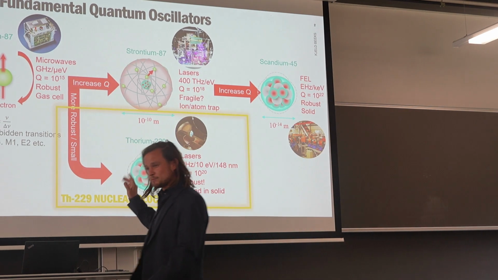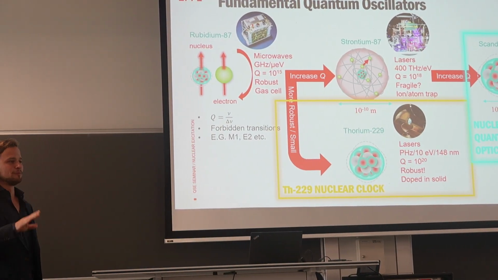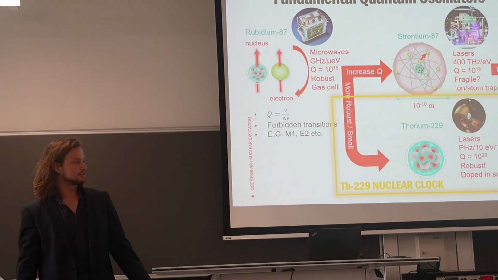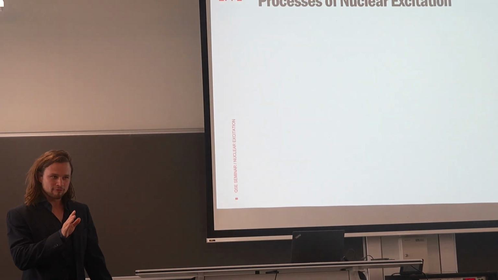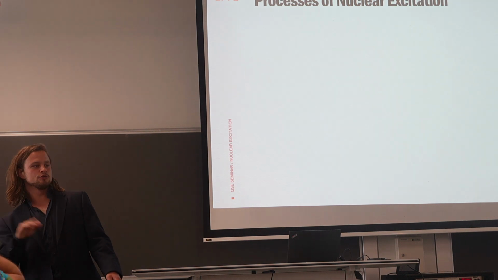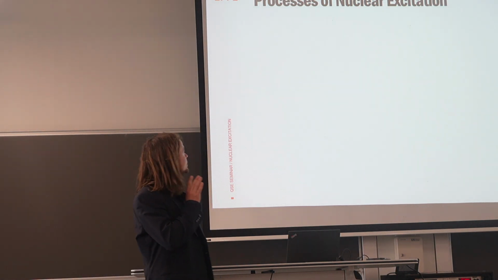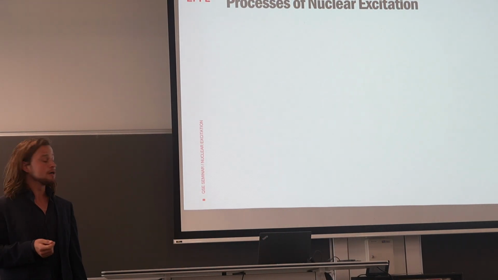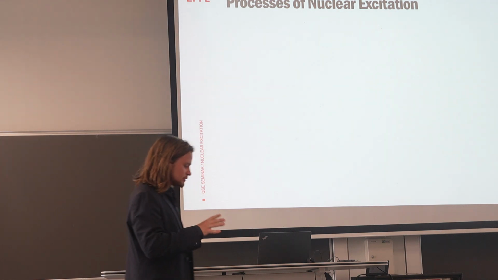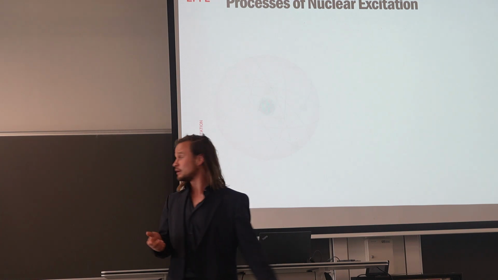So this is the first part I will talk about, the nuclear clock, and then in the second part I will go a little bit more into how we can extend this into sort of a nuclear range. Because I was talking about forbidden transitions, usually in an atom it's just forbidden and not many other processes happen. But in the case of a nucleus, because the energies involved are also higher, I want to talk just for a moment about different nuclear excitation processes and de-excitation processes.